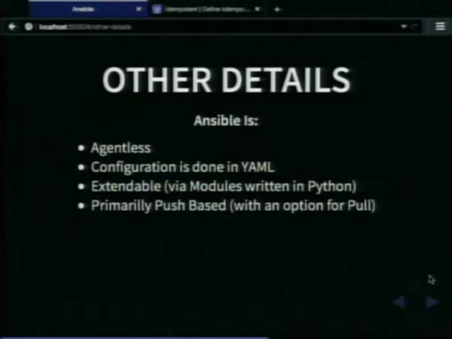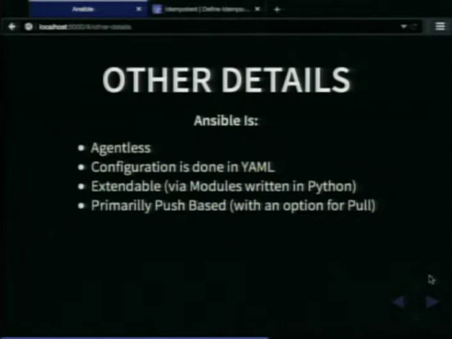All of the configuration that we've mentioned, the tasks, the roles, all of this is done in YAML files. I won't be covering that here. It's very well documented. But basically, it's very accessible, very easy to read files that are configuration for what you want to do with the machine. And I'll have some examples in the demo for that.